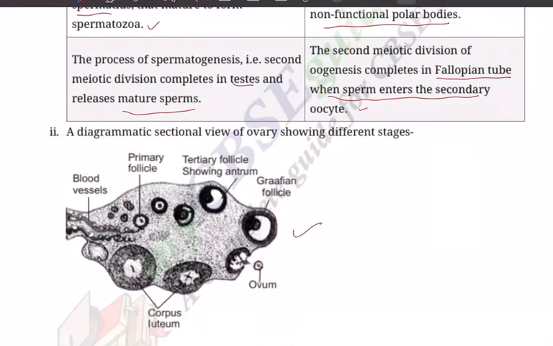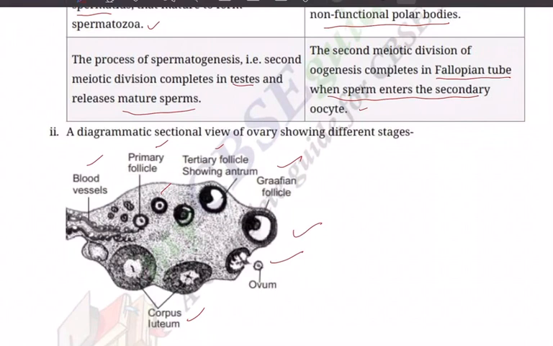Of course, second one, my favorite one, draw a sectional view of human ovary and label the different follicular stages, ovum and corpus luteum. This will be very helpful to you in practicals also. It is a 3 mark question in practicals, and here it is almost 2.5 marks. So draw the beautiful diagram, keep on practicing diagrams as I have been telling you. So start with blood vessels, primary follicle, tertiary follicle. Of course, you can draw secondary follicle and tertiary follicle, and most important Graafian follicle, and breaking of Graafian follicle